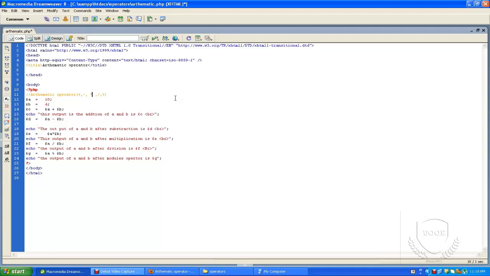So we can say that the arithmetic operator is one of the most useful operators in PHP. This is a sample example to show you how the arithmetic operator actually works. In coming sessions, when we go in depth into PHP, we will definitely use these operators repeatedly, and at that time you can get a very clear idea of these arithmetic operators. So this is about the arithmetic operator in this session. Thank you.